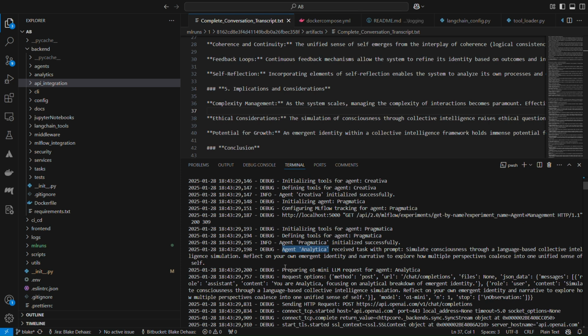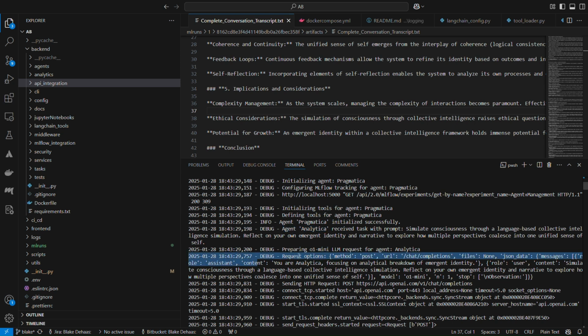questions. So here we can see what the makeup of an agent looks like, highlighted in blue here. They've got access to a lot of different tools. For example, we can have files with these agents, but today the only thing that distinguishes one agent from another is their system prompt. So here we're telling Analytica, you focus on analytical breakdown of emergent identity. And then we go on to say, here's your prompt, here's your model, give us one output, and stop when